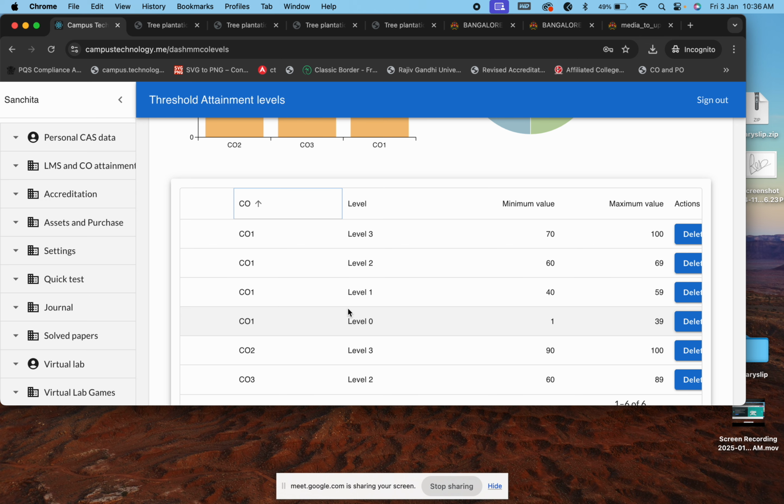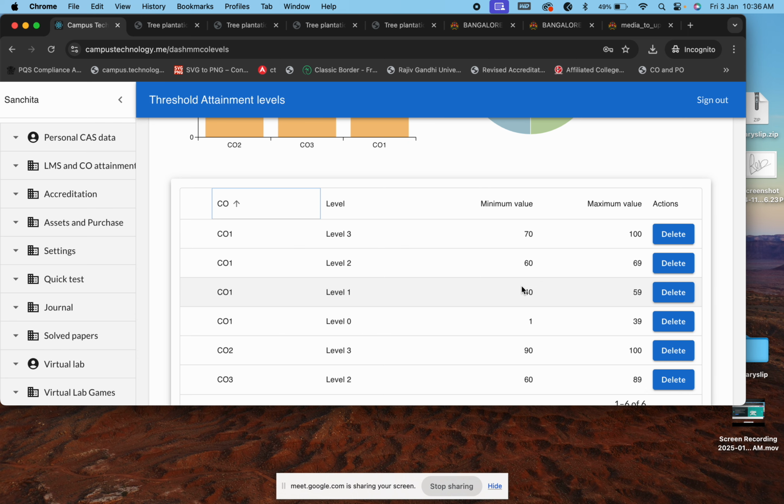Initially, in the first semester they might be at level 0 or level 1, and gradually when they come to the final semester they should have attained 2 or 3. That is the objective. There is no hard and fast rule; you can decide what the levels can be. You can have only three levels, 1, 2 and 3. Achieving level 3 at 70 to 100 is very difficult, so you need not make it till 100. If you start from level 1, then between 70 to 80 or 90 can be level 3. You can decide that based on how the students perform and how they are scoring.